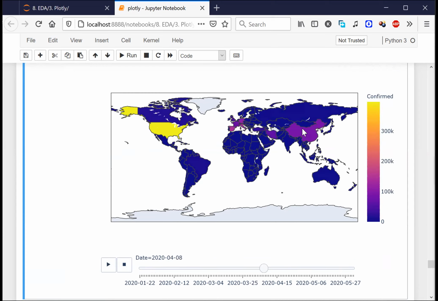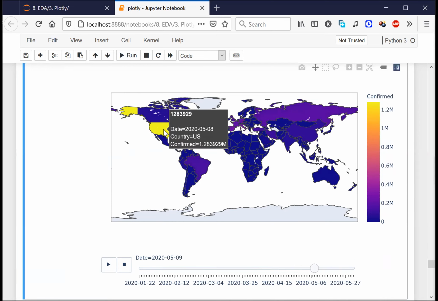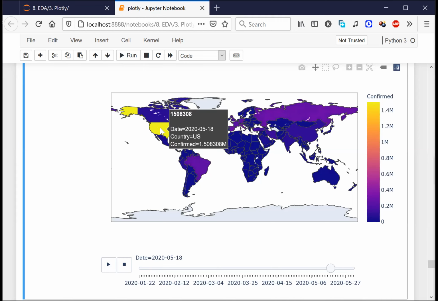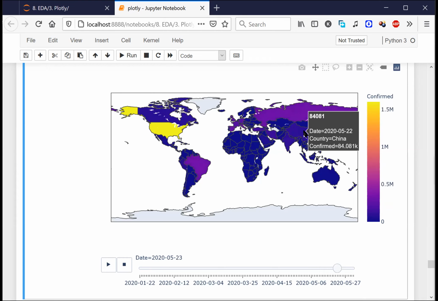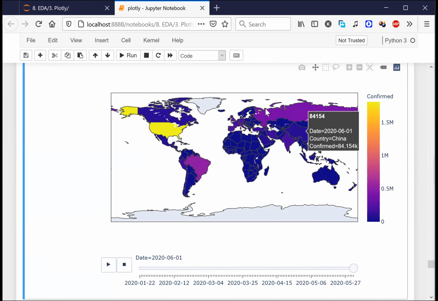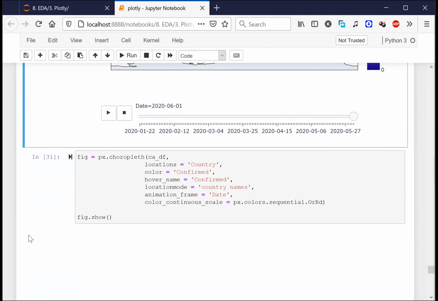You see there is a huge shift in the number of cases. America went to 60,000, 70,000 cases in June, July. The date is here, and everything is visible. In India, the cases are increasing in the last year. There were so many cases in Brazil and in the US, but in China the number of cases were not moving. India also had many cases last year, in this June, July time. Isn't it interesting? So these kinds of plots you can also build. You can see all these things on my GitHub.